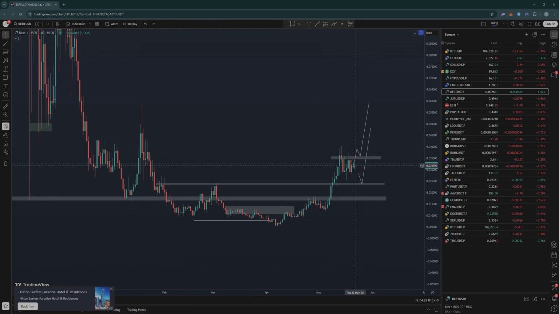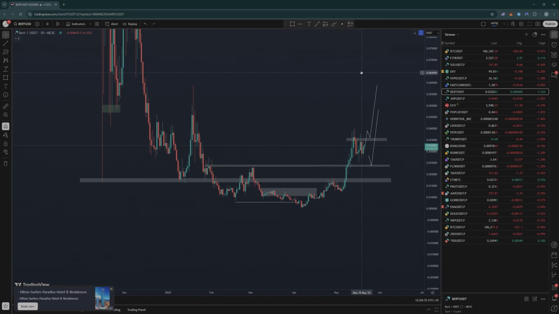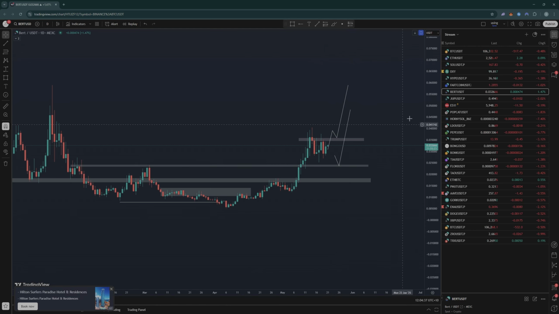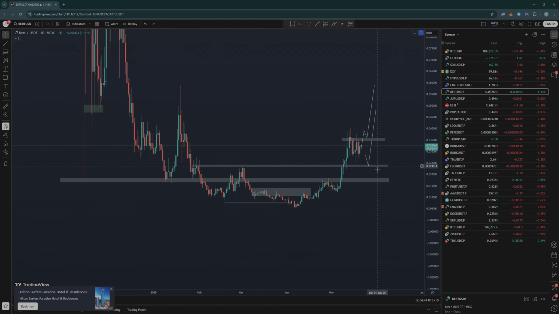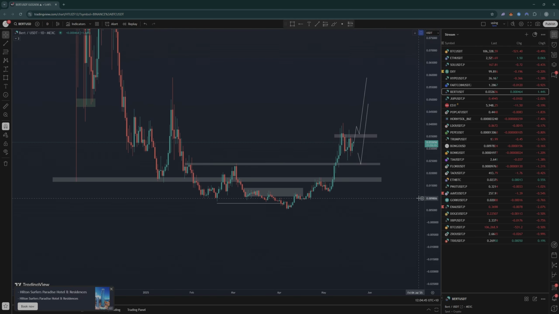So we have two kind of scenarios. Either we break up here on the daily, if we get a break up above like 3-4 cents right here, then we can look to long the retest with our invalidations below here, looking at targets like 7 cents all the way up to 10 cents. However, if we get a deeper pullback on Bitcoin and Ethereum, then looking at about like 2 cents, 0.25, where we can then look to long as well. Okay, so that's BERT.